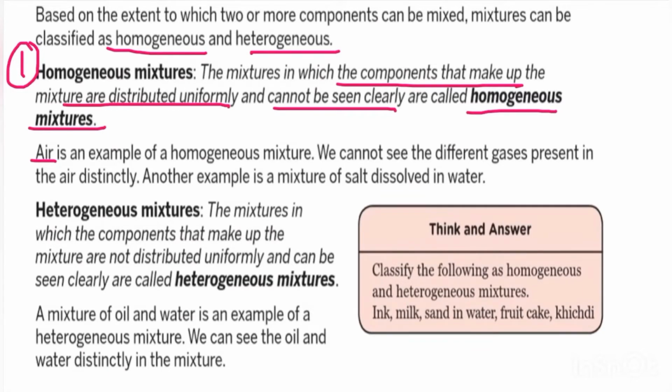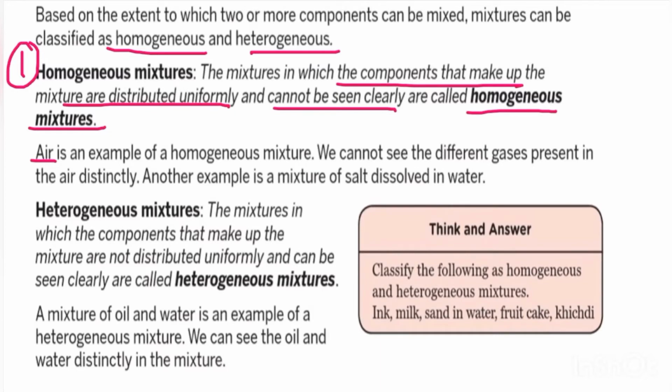Similarly, if you take two glasses of water, in one you add salt, in the other one you add sugar. Now just swirl the glasses or rotate the glass. Fine. After mixing, when you cannot see salt is there or sugar is there, now just see, can you find out the glass which one is having salt and which one is having sugar? No, because it gets completely dissolved. Fine. So when the components cannot be seen after some time, this mixture is called as homogeneous mixture.